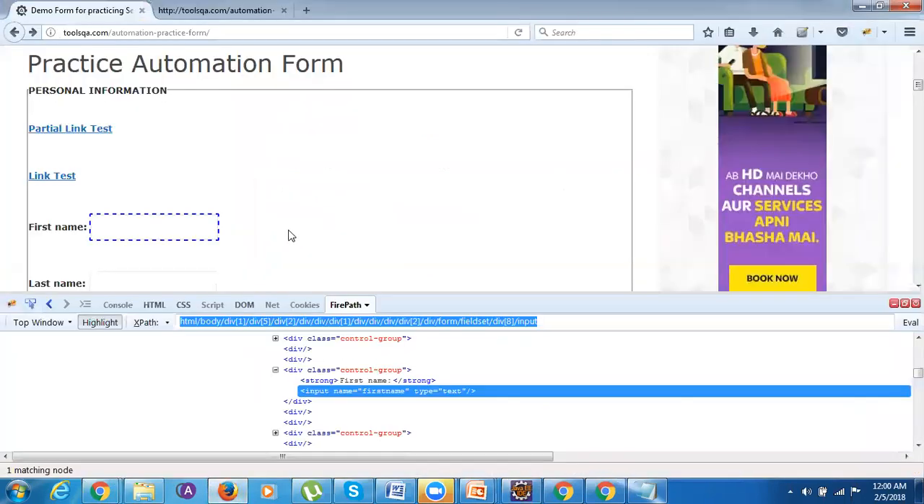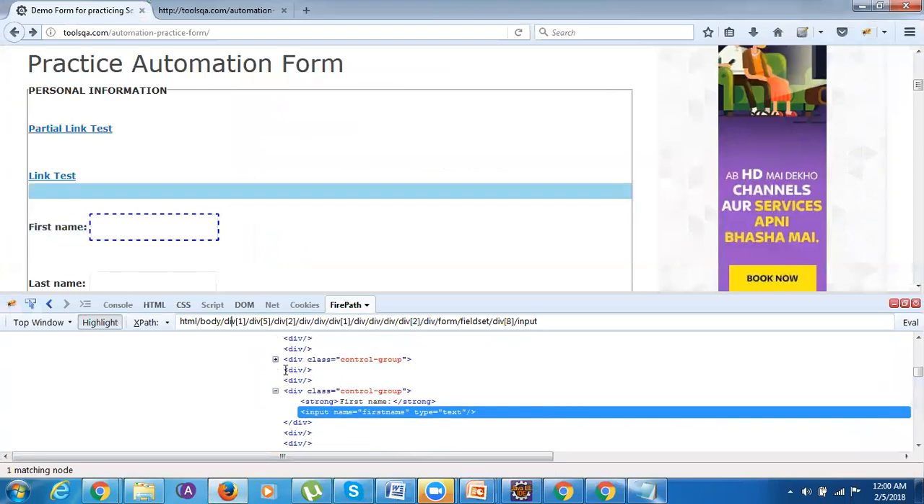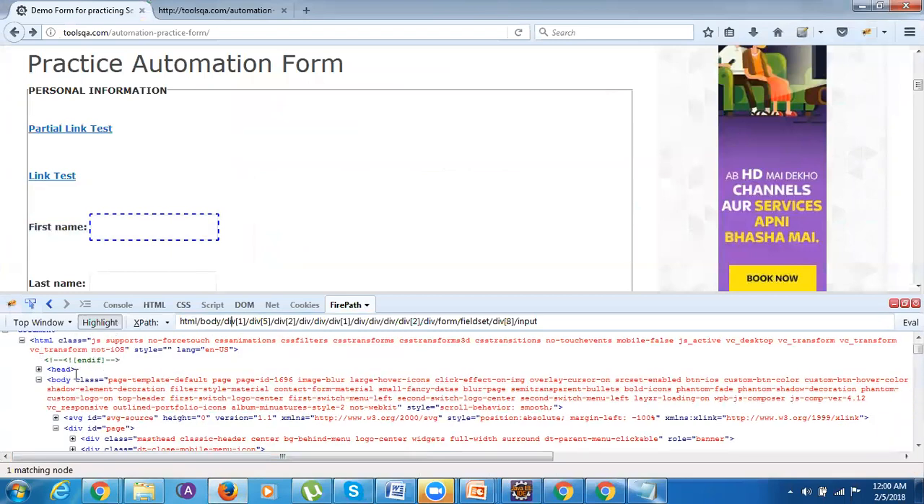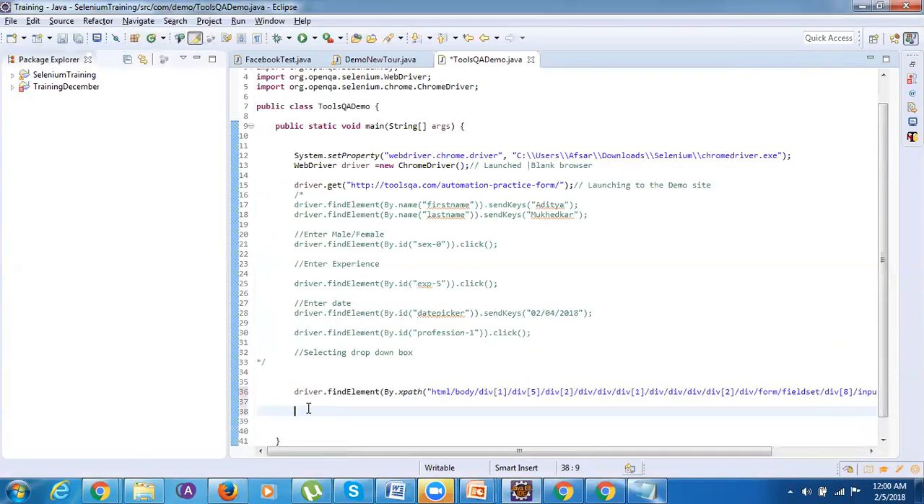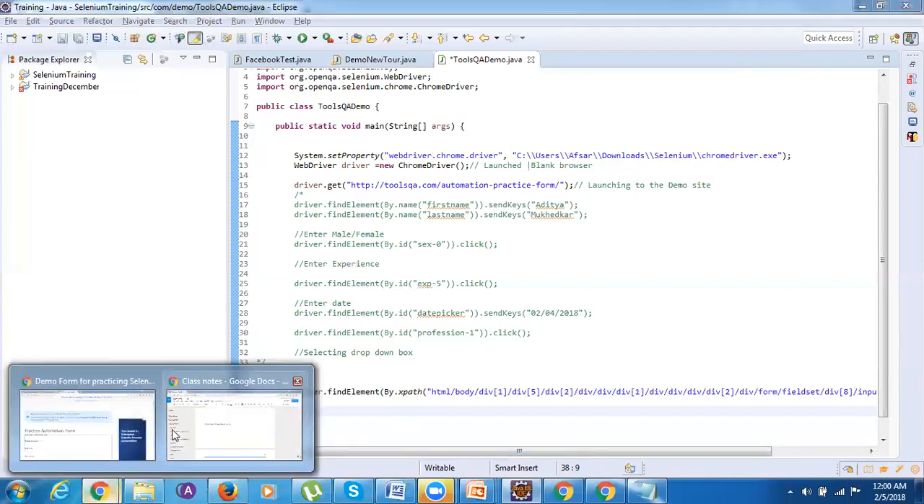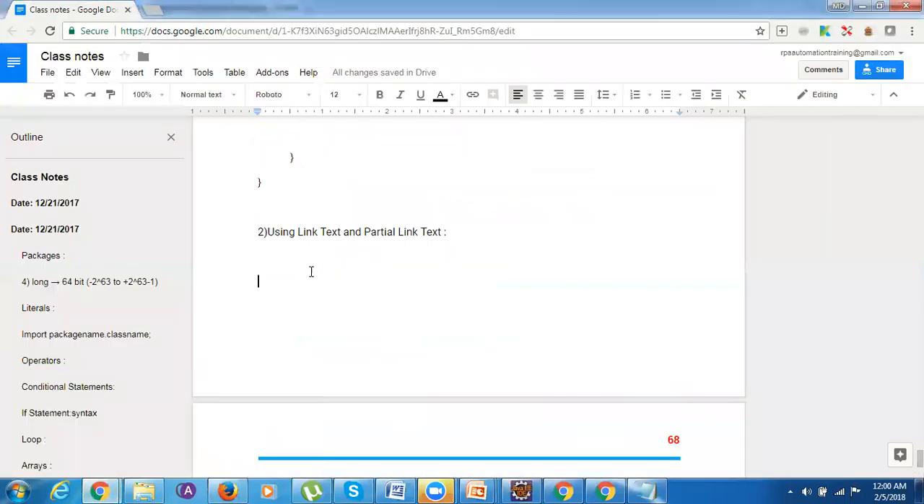So this is the whole path coming from HTML, then body, then division, all of it. You need to come from the root to that particular element. This is called absolute XPath. You will get one question in your interview: what is the difference between absolute XPath